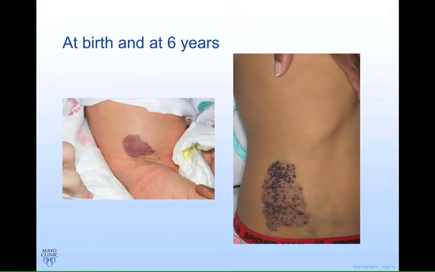And this is just to demonstrate how these can change over time. I said that most of the time, by the time you're in your 40s, you'll see the thickening and the blebs, but that can really happen early on too, depending on what's lying underneath these capillary malformations. So the picture on the left here is actually this boy at birth, and you can see at 6 years of age how that capillary malformation has changed. It's gotten darker, a little bit thicker, and then there are a lot of blebs there, and those blebs tended to bleed nearly on a daily basis and were really fairly distressing to him.